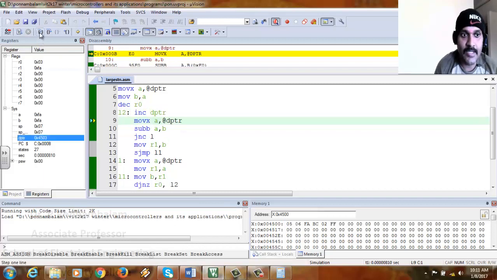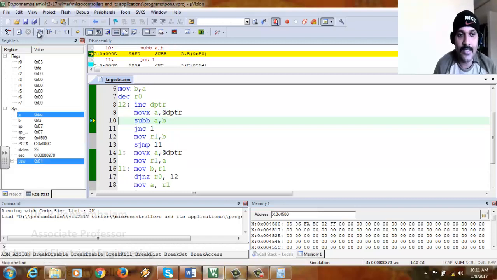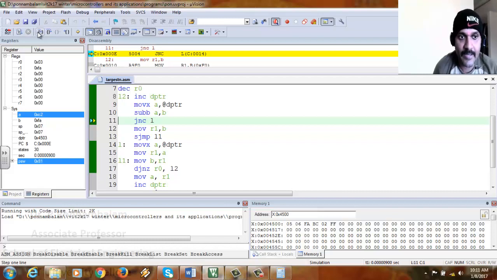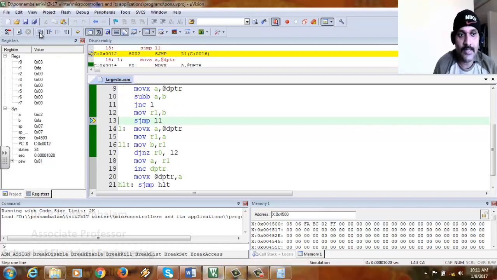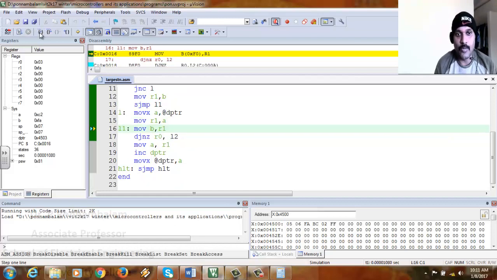Then I am incrementing the DPTR. So DPTR becomes 4503. Now it points to this BC. So BC is fetched into the accumulator, and that is compared with FA. Obviously BC is lesser than FA, so you will get a carry. So the content of B is transferred into R1, so that is FA again. And then SJMP L1, so the R1 content is again moved into B,